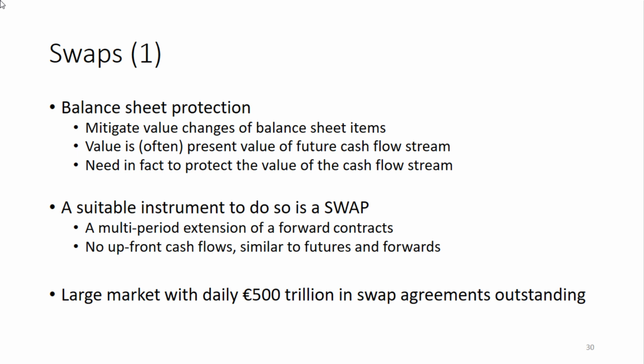financial derivatives to large institutional investors, because for a long period of time, so multiple moments in time, they are exposed to interest rate risk and to currency risk. So swaps in particular are used as balance sheet protection, because if you think of a balance sheet and the value on the balance sheet, then it's not so much the assets and the liabilities on this balance sheet that apply only to one moment of time, but in fact they are the present value of multiple